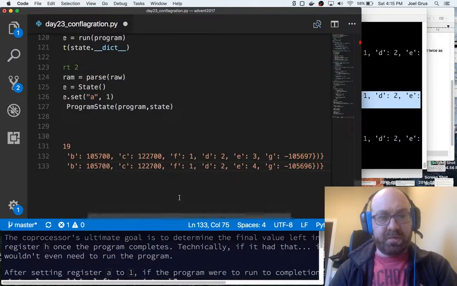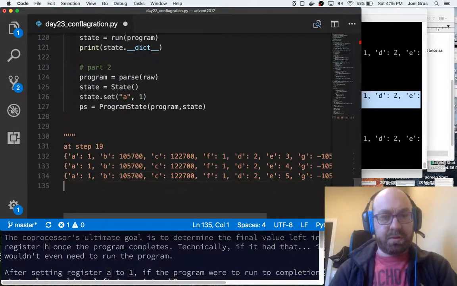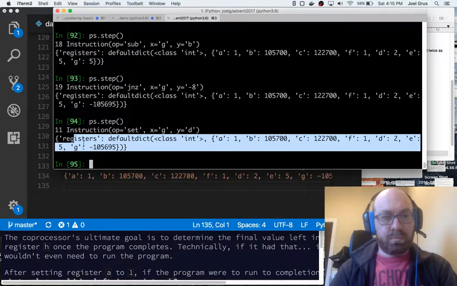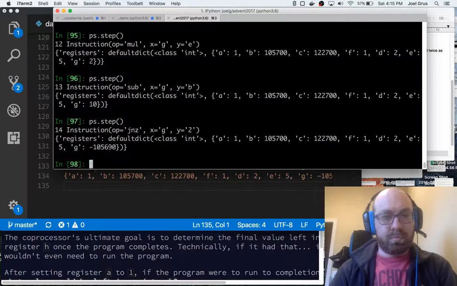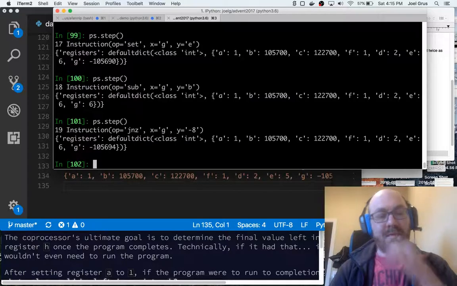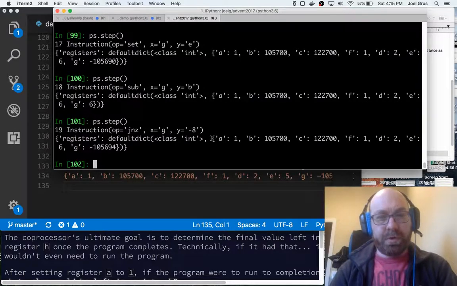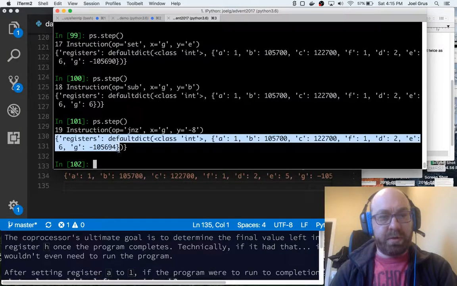We have this. So basically each loop through at 19, we are going to end up with